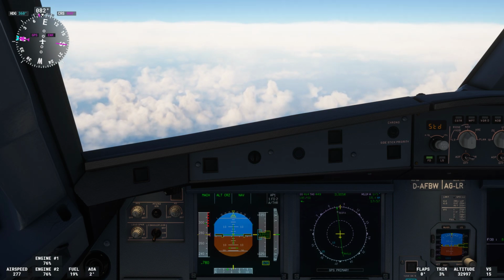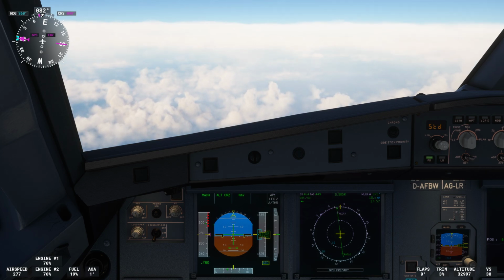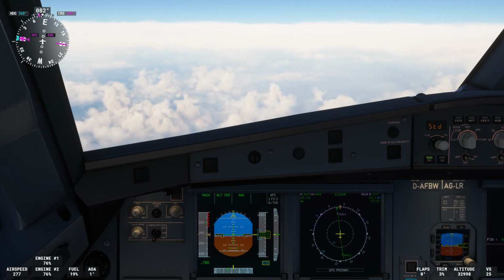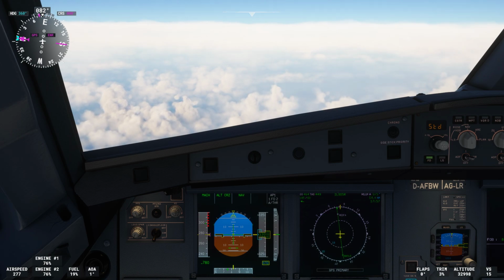Okay, so we are approaching in about 30 miles time top of descent. So we are going to select our altitude we want to descend down to. We won't do it just yet, we'll wait till we're closer to